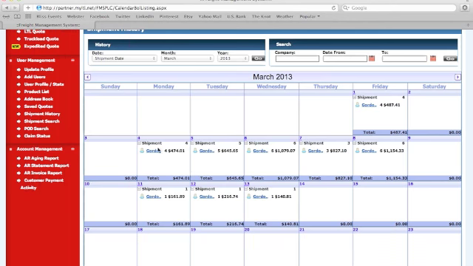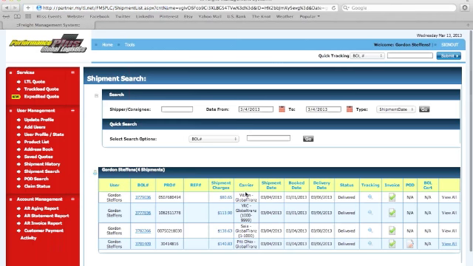You can drill down even farther by clicking the link for that user, and it will show you all the shipments that that user booked for that day, including things like the bill of lading number and access to the bill of lading, the tracking number that was given to us by the carrier, as well as the shipping charges